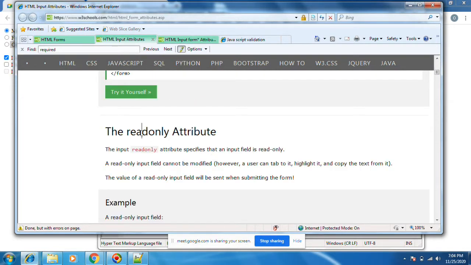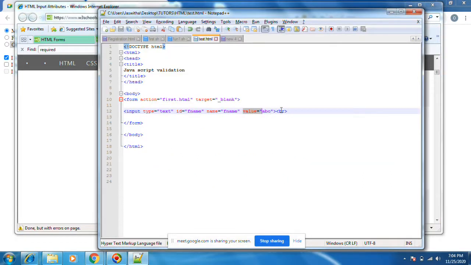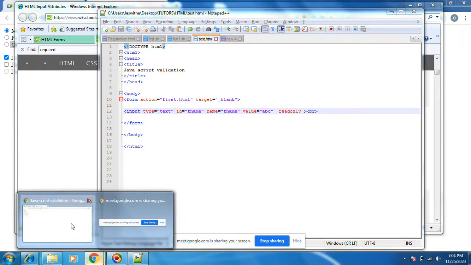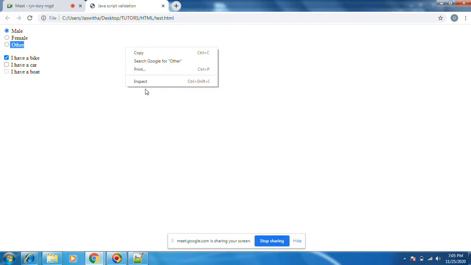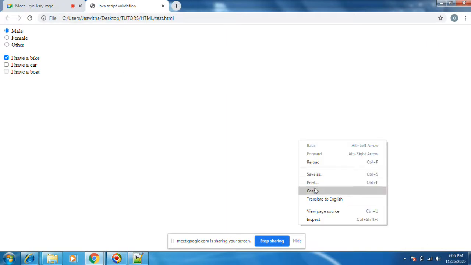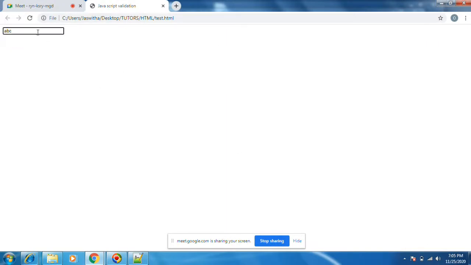Read only attribute. Read only attribute means we cannot edit that textbox. Suppose this value ABC, I kept read only. Then let's see. See, read only. I cannot edit anything here.